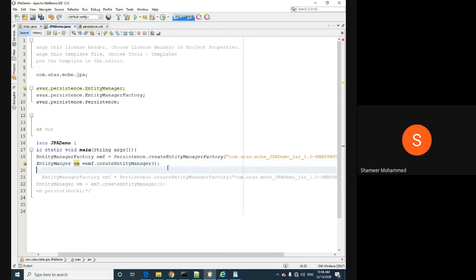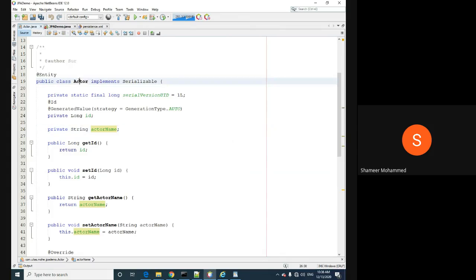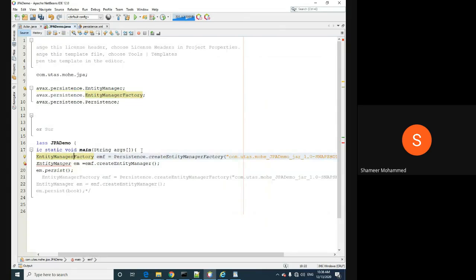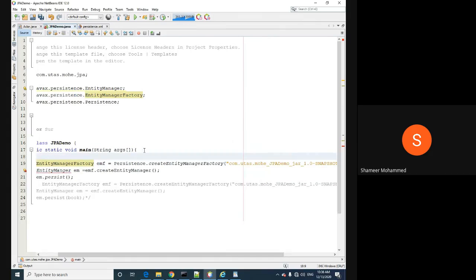Then now you can use em.persist. Persist means save. What do you want to save? I want to save this class, this entity Actor. So what I have to do here is say private Actor